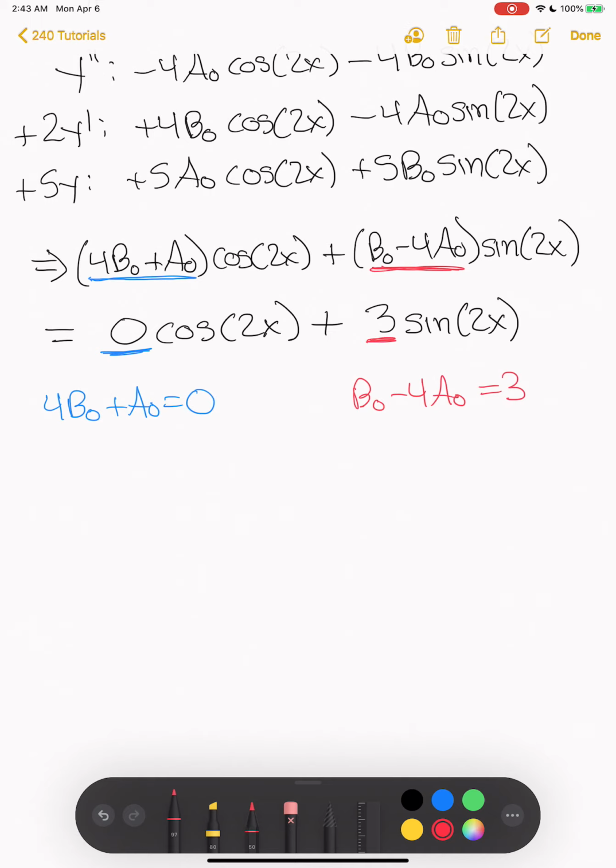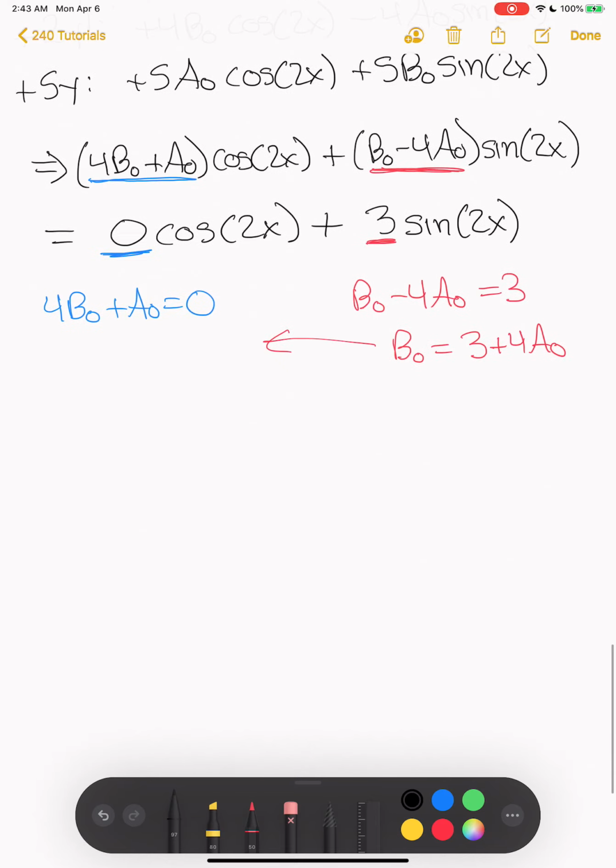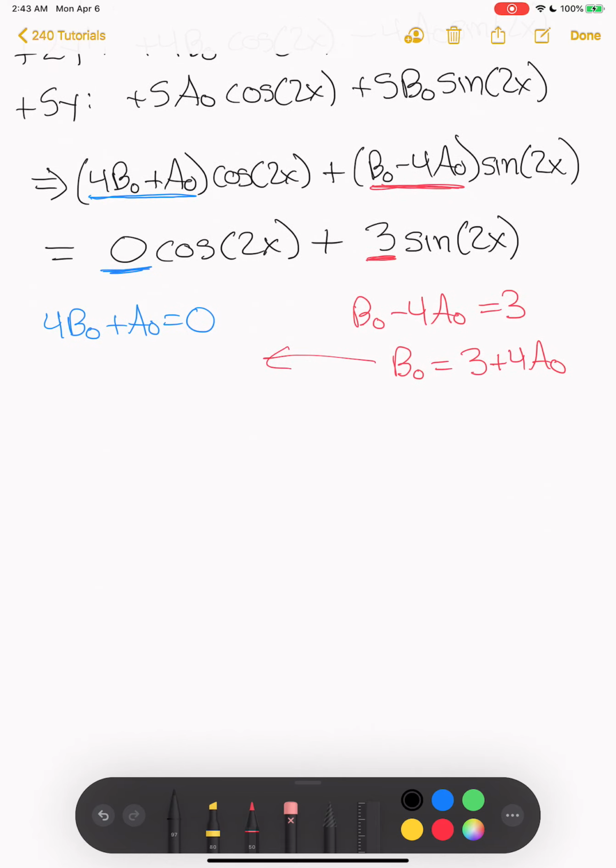So I'm going to go ahead and just solve for b naught on this side. b naught is 3 plus 4a naught, and then I'm going to plug it in on this side, and I'm just going to go back to black ink here. So I have 4 times b naught, which is now 3 plus 4a naught, plus a naught gives me 0, and that tells me that a naught is equal to